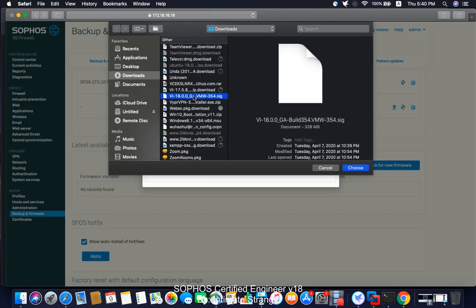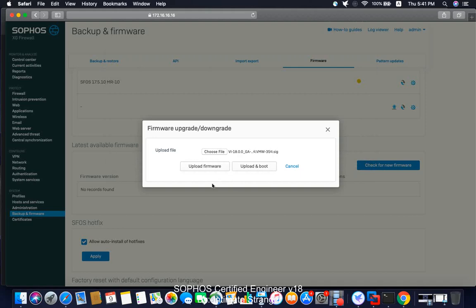Yeah, this is the firmware file. This is the firmware update file, that is VI18 GA build 354. Just select this one and